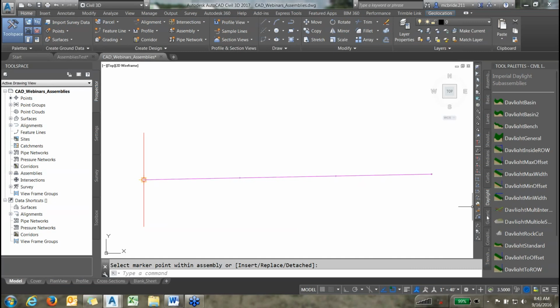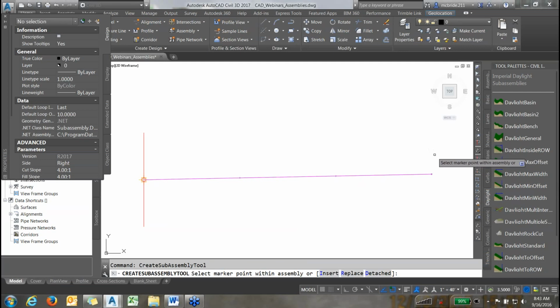So to do that, I go over on the tool palettes menu and I select the daylight tab, and under the daylight tab I want to click daylight max width, which is this one right here. So I'll select it,